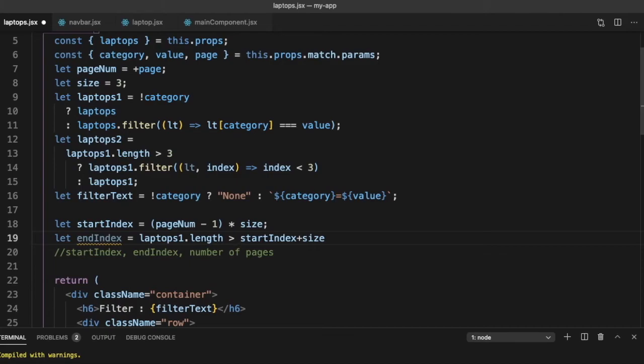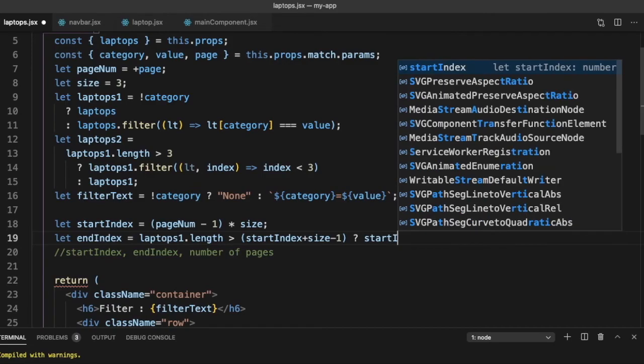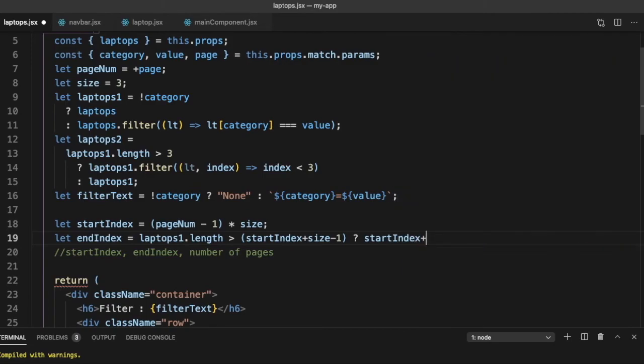Suppose there were 3 items in it. So start index is 0. So 0, 1, 2 were the elements we want. So it should be start index plus size minus 1. So these are the elements we're looking at. Now, if this is greater than that, then we can say end index is start index plus size minus 1.